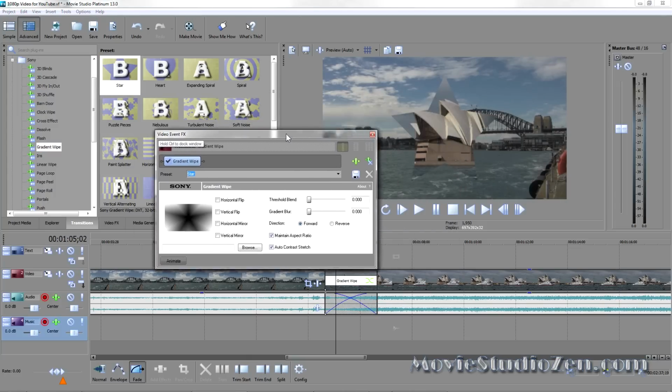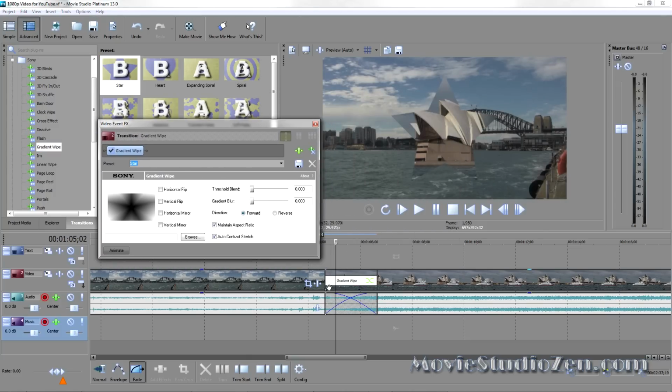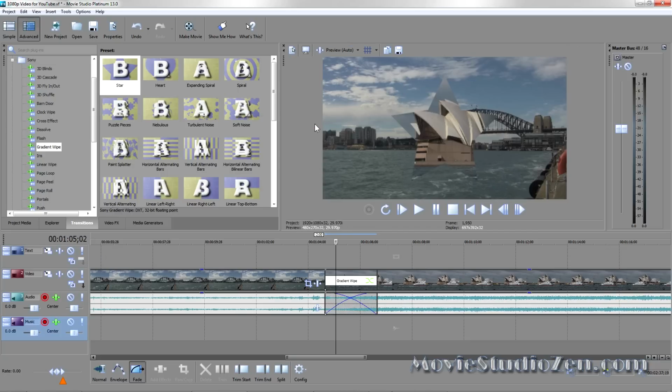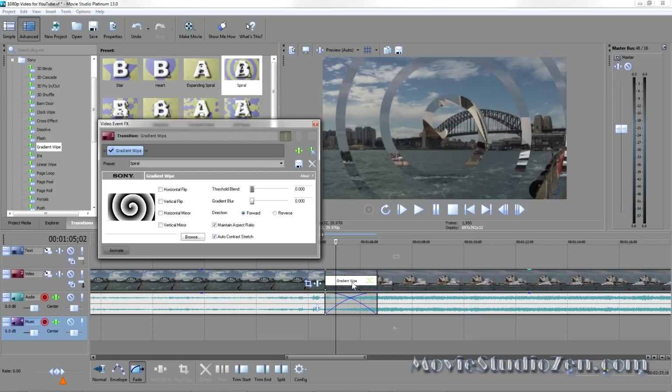And when you drop a transition into that overlapped area, the control box for that transition will open up. Here you can do further settings for the transition if you like. If I don't like that transition and want to replace it, I can just drop another one on top, and that will automatically delete the first one and swap it for the new one that I put in there.